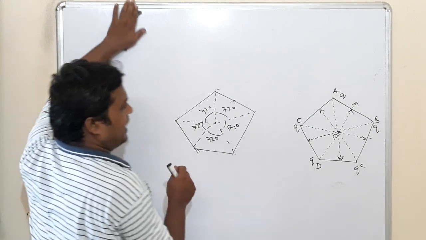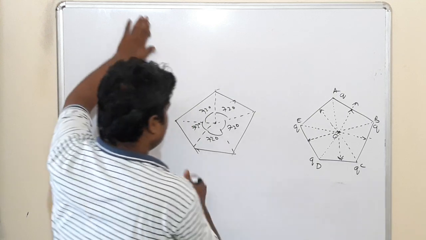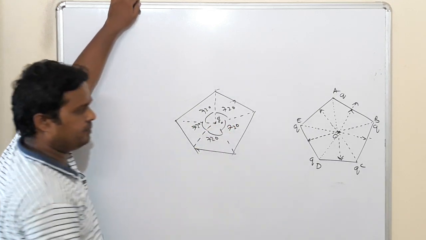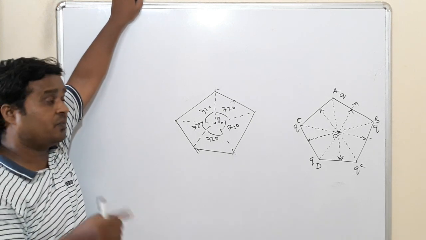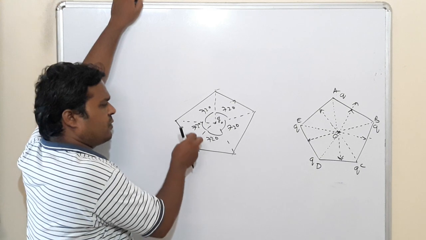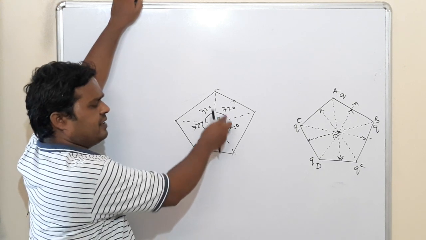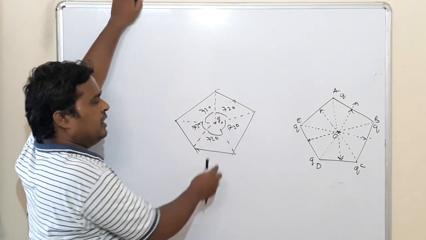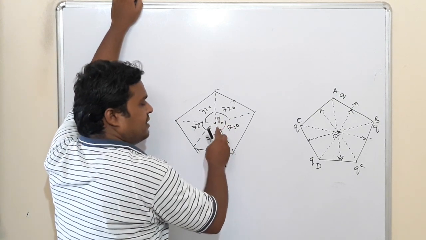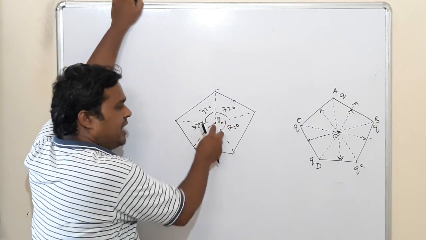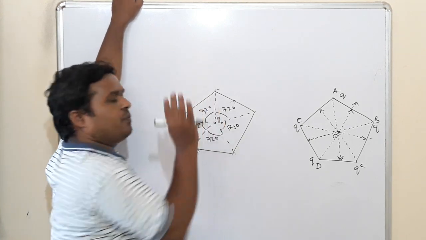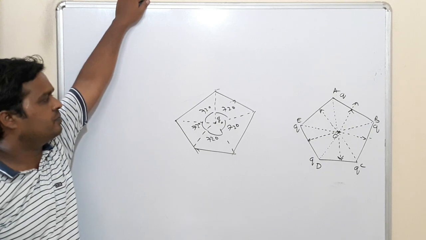Then if I assume that here I place a positive test charge, what is the electric field that we defined yesterday? Electric field means the net force experienced by this test charge. If the net force experienced by this test charge placed at the center is 0, then you can say that the electric field at the center will be 0.